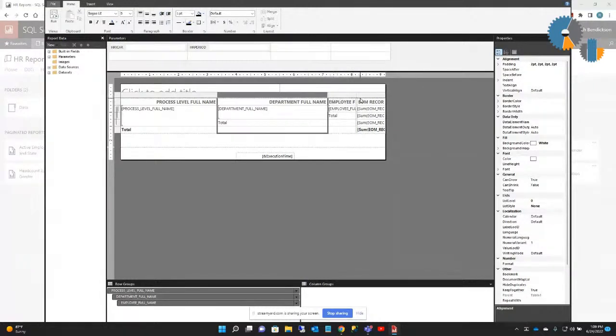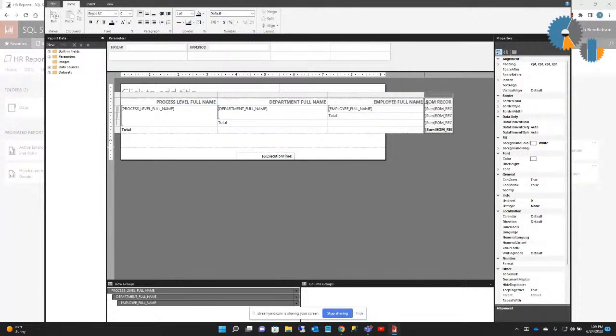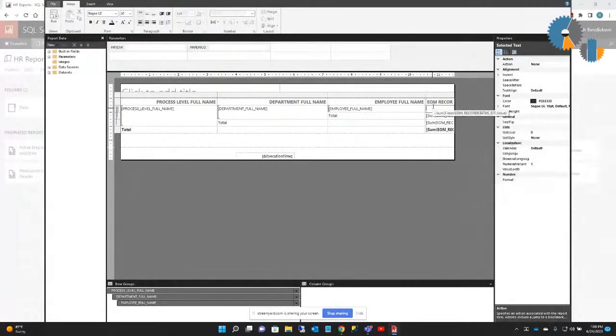Get my mouse to cooperate here. And then I don't need to see the sum of 1 next to each employee, so I'm just going to delete that off on the detailed employee line. Now, if I run this,